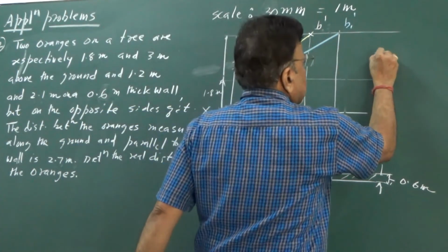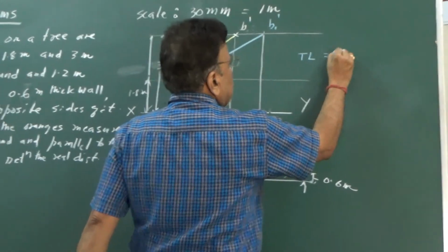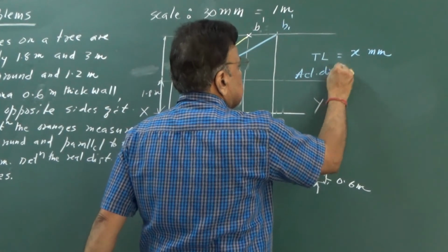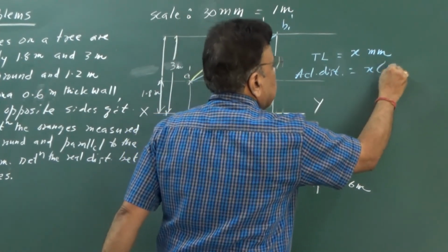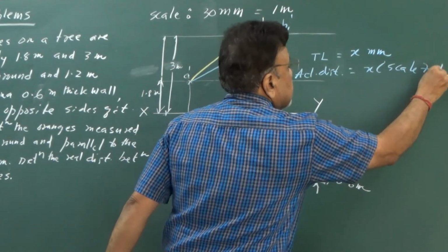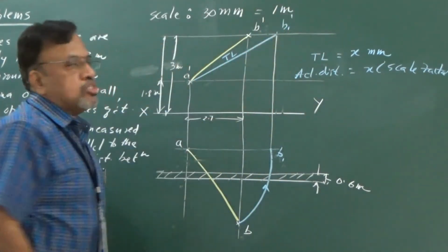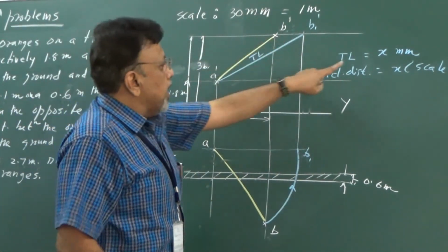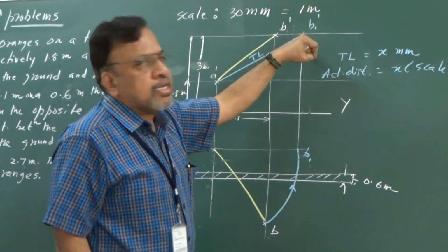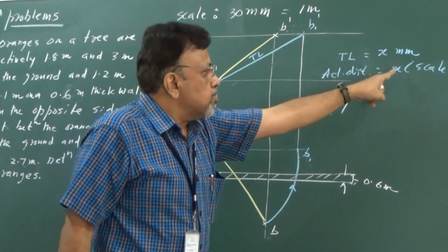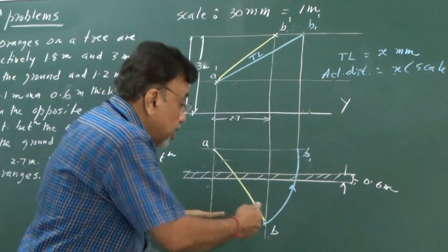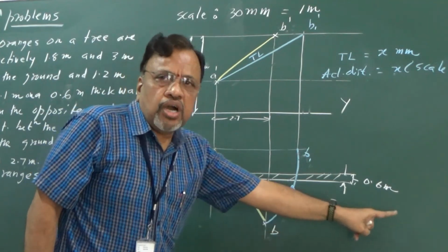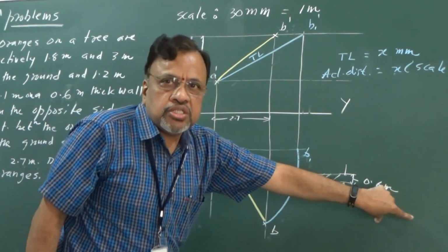So again measure as usual. True length will be equal to, let us say, some x mm. Actual distance is x into the scale factor, I will write it. Because anyway here I have taken 30 mm equal to 1 meter. So you can take any scale factor. So how do you get a scale factor here? Just see, I want 1 mm is how much? That is, I will simply put 1 by 30. So 1 by 30 I have to do. Multiply with this x, I am going to get this actual distance. So that I need to again write it. See, doing this problem is not enough. You need to write the real distance between the oranges is equal to so many meters. Is it okay? Thank you.